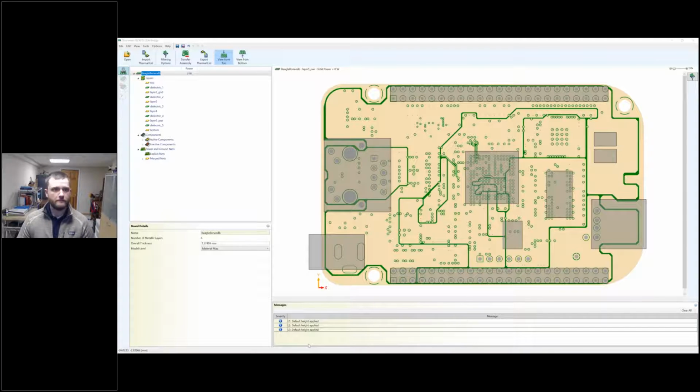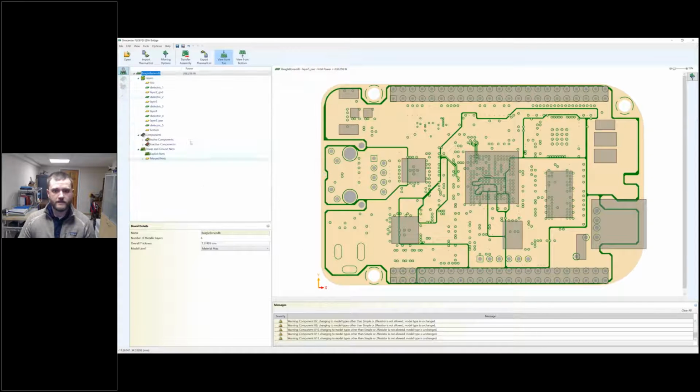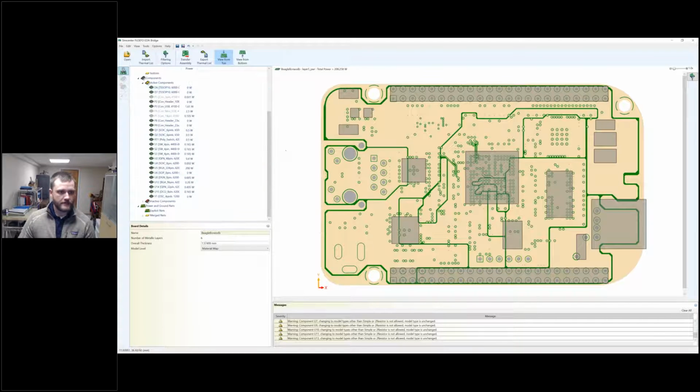I'm just going to minimize that, and then we'll import our thermal list. And we can do Excel files, CSV files. Today we'll do a CSV file. And you can see now we have power assigned to our components. Look at the active components here. You can see the power assigned to each one, and then up at the top here, you can see our total board power. So that's the thermal load that we'll have to deal with here.